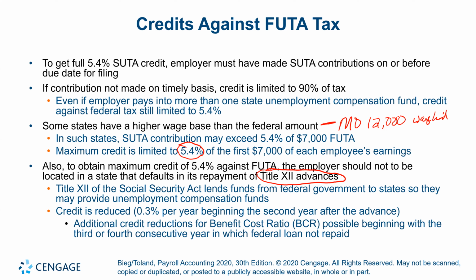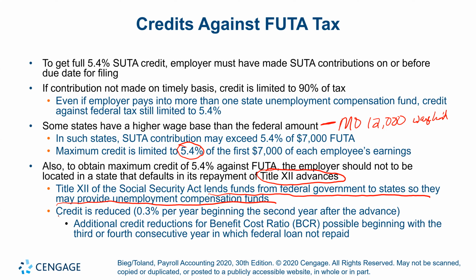So Title 12 of the Social Security Act lends funds from the federal government to states so they may provide unemployment compensation funds. And if they do not pay these funds back in a timely manner within a year,